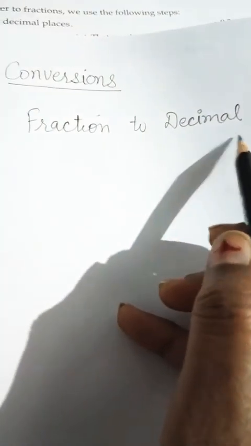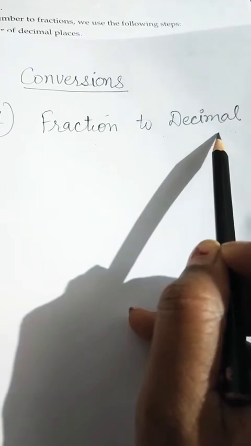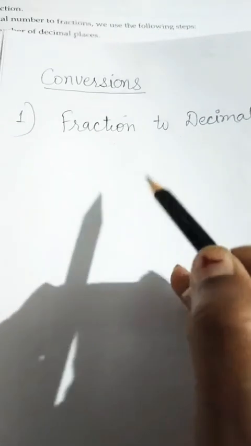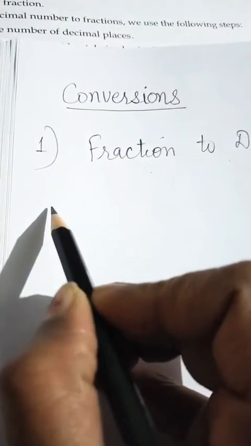Today I will tell you the conversion from fraction to decimals and from decimal to fraction. Firstly, I am going to tell you fraction to decimal. If a fraction is given to us and we have to write that fraction in the form of a decimal number, then how to write that? Here there will be two steps